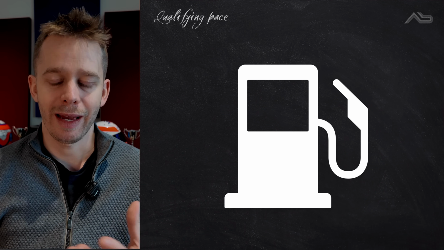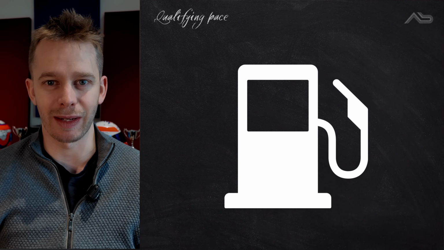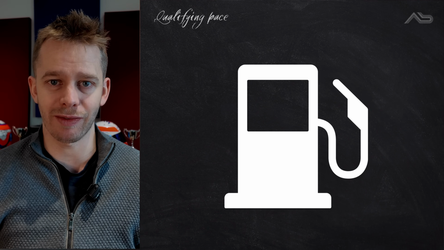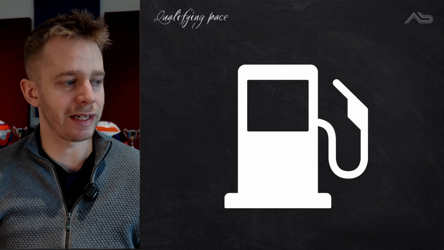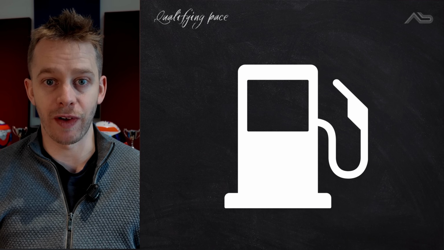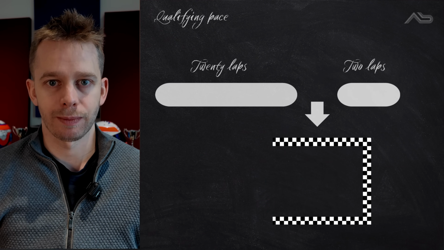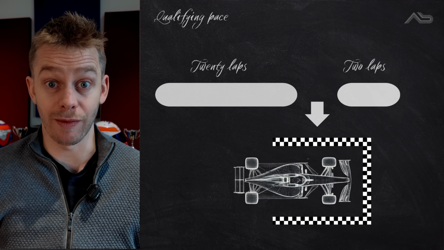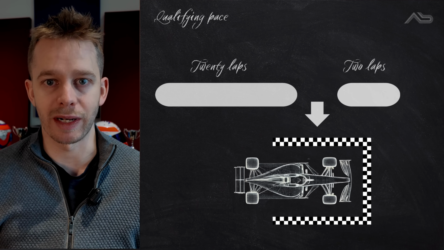The first one is by looking at the run plan, particularly in single-seater racing, which is an area where single-seater racing diverts from endurance racing. And that's because single-seater race cars have to be put back into the garage in order to fill or remove fuel from them. So let's imagine our driver that we're following does a relatively long run, 15 to 20 laps,